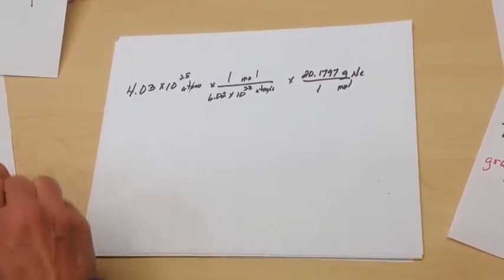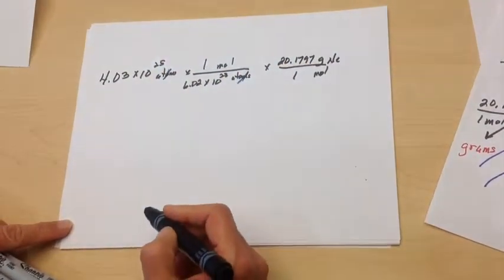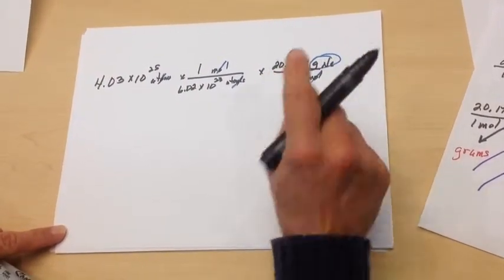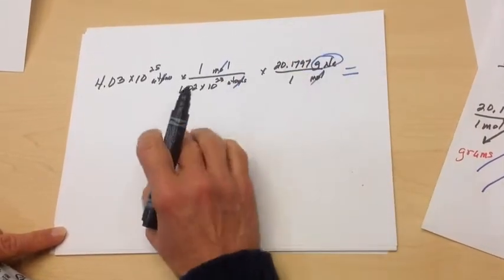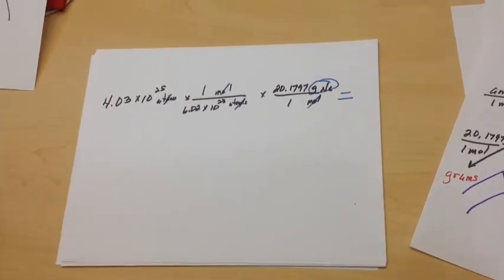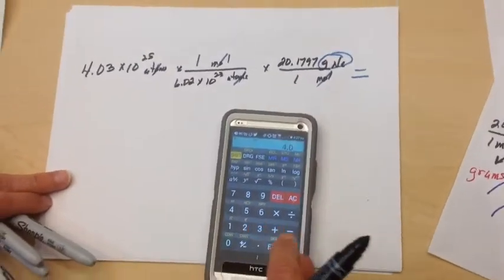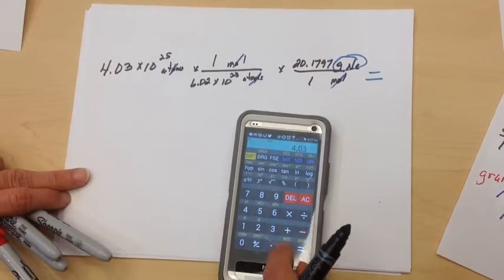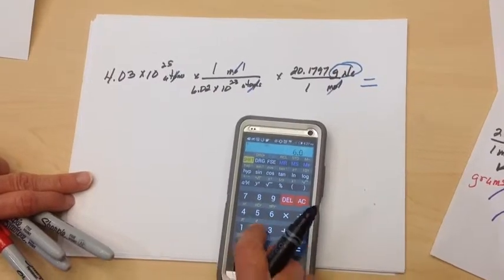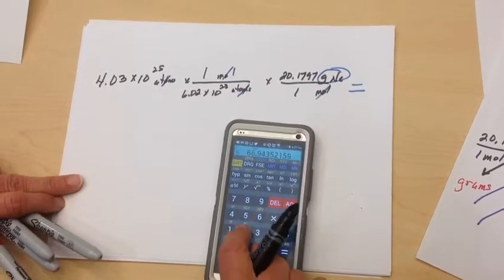So now let me check and make sure I have everything set up right. So here I have atoms to atoms cancels, atoms over atoms goes to 1, moles over moles goes to 1, and I'm left with grams. I want my answer in grams, so I have everything set up right. So now I just take out my calculator, and I'm going to do the simple conversion factors. So I'm going to take 4.03 times 10 raised to the 25th. I'm going to divide that by 6.02 times 10 to the 23rd, and I'm going to multiply that by